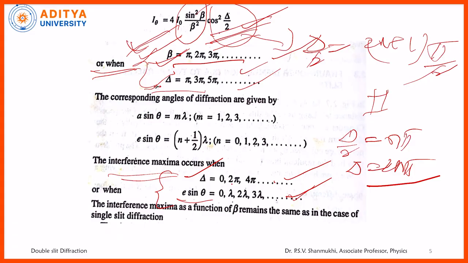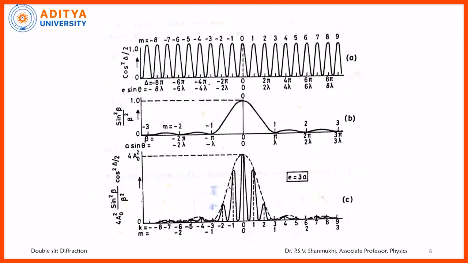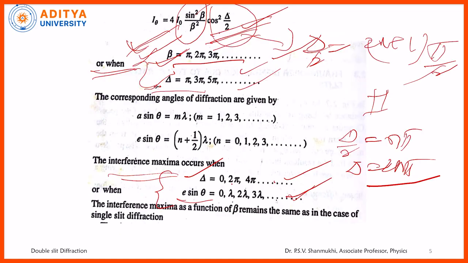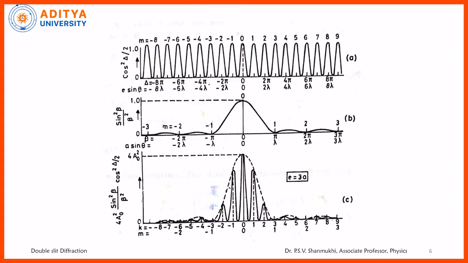That is, at the values of beta, what we get in case of diffraction, sin beta by beta must be maximum, that is equal to 1, or sin beta is equal to 1. Beta values we already know. On simplifying, in case of single slit diffraction, we get beta is equal to (2n+1) pi by 2. Therefore, plotting the graphs, we get the maxima points and minima points in case of interference and also diffraction.